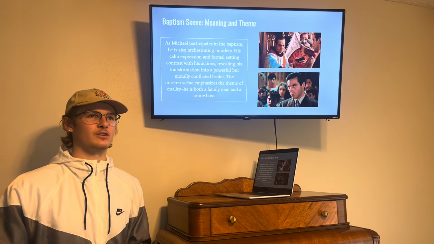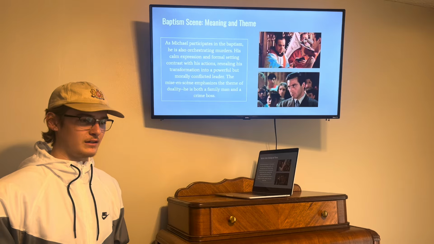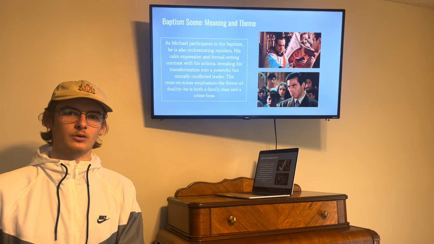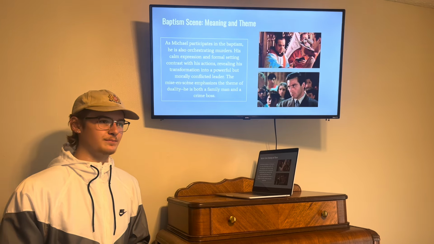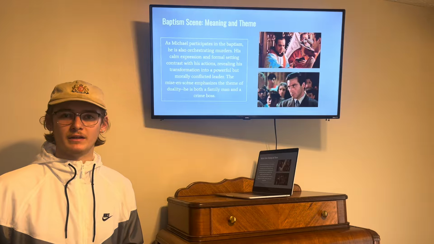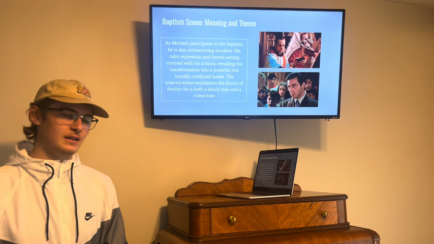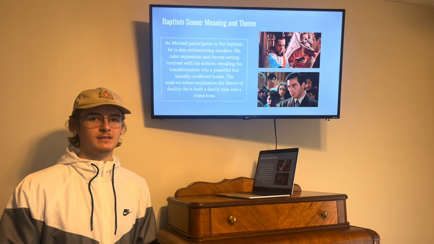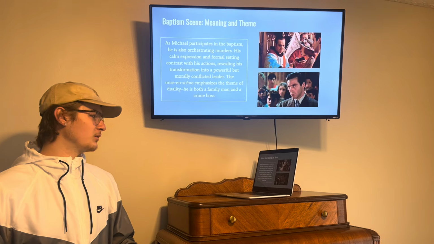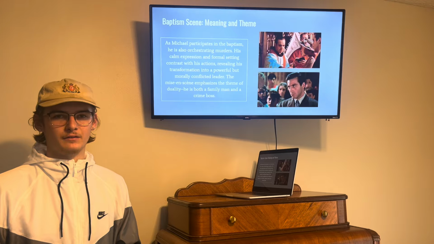And I think that this is also a big part of the movie, this scene, because it's one of those parts that makes you realize the transformation that Michael Corleone is having, going into the life that he didn't even want to participate in the first place. But once again, it's a big scene on emphasizing one of the main themes of the movie, the duality of the family man and the crime boss, going back and forth from that.